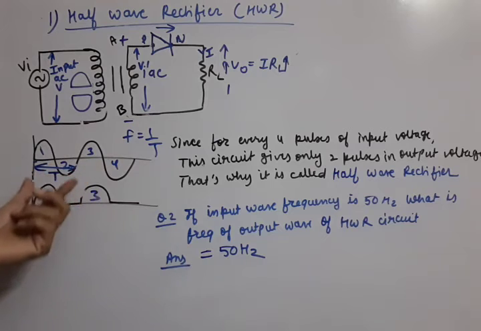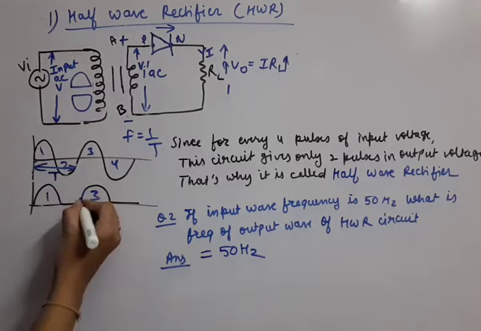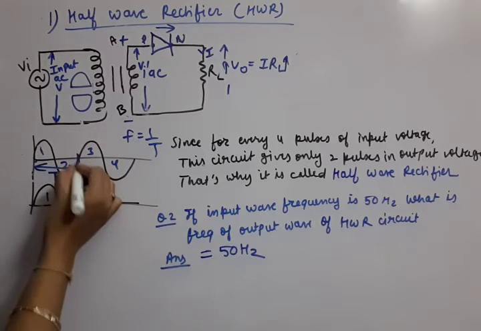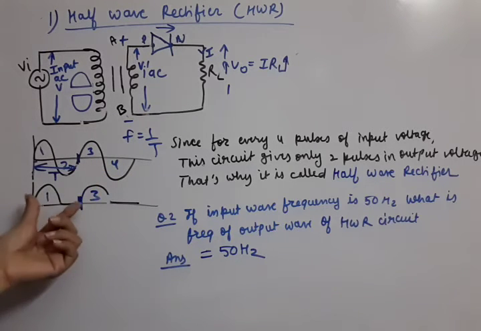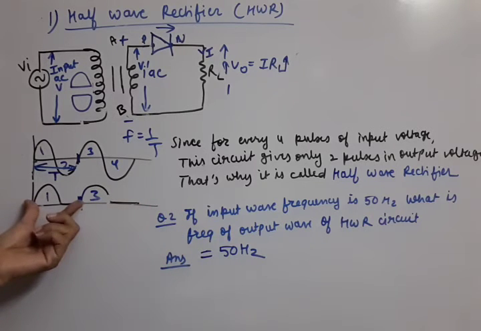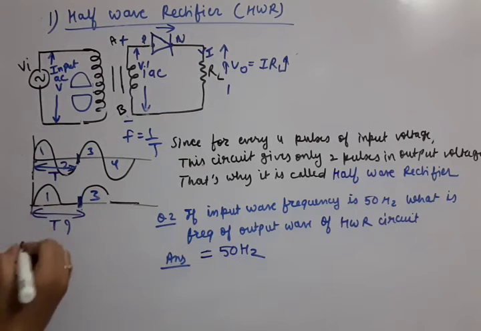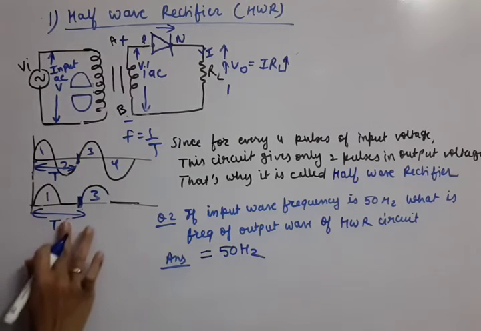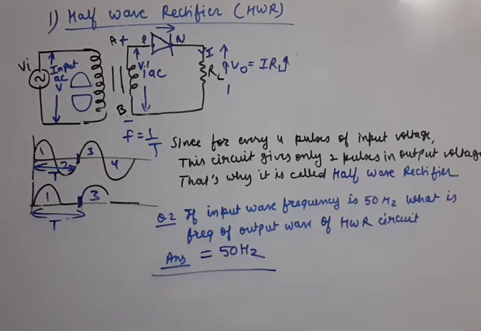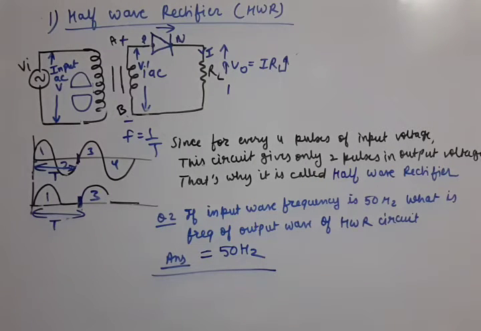So is there any change in this time? Let us see. You see now, where the next pulse is starting, it is starting at the same location where here the next pulse was starting. So this is one pattern, this again is another pattern, and again the third pattern will come. This complete one is called one wave of one pattern. So the time duration of this pattern has not changed, and if the time duration has not changed, the frequency will also not change. So the answer is 50 Hertz only. In a half wave rectifier, the frequency of the input wave and the frequency of the output wave remain the same. This you have to remember.